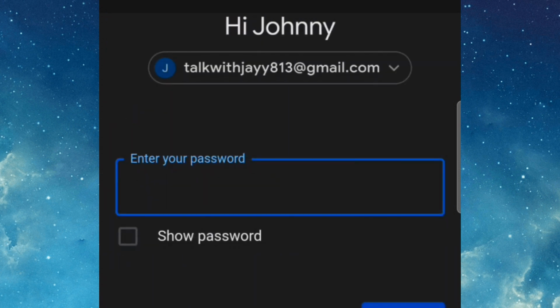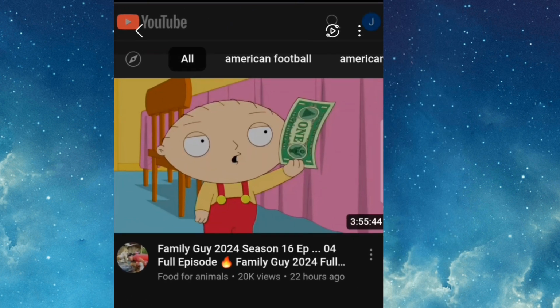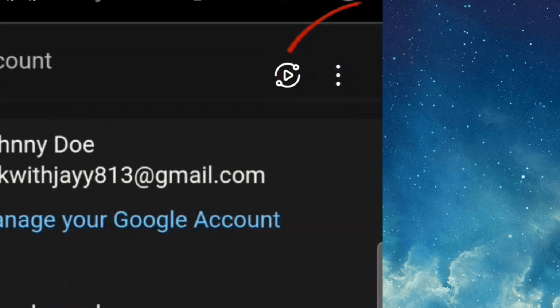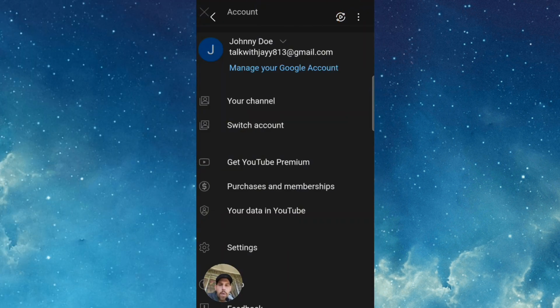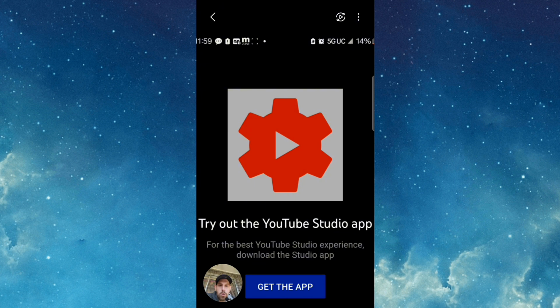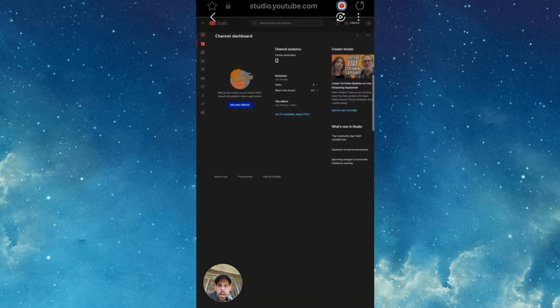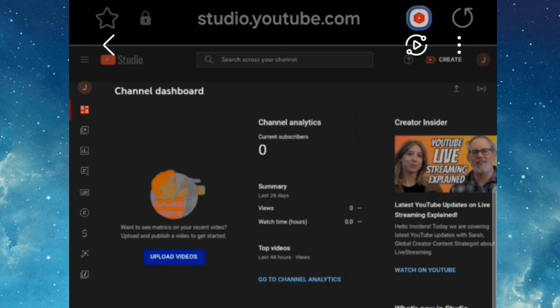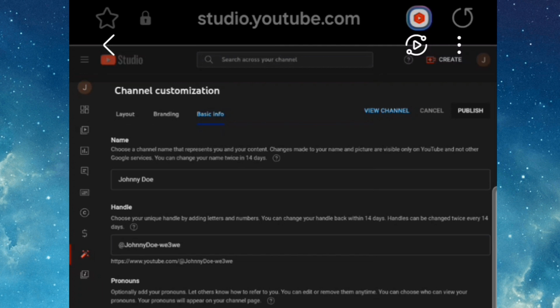All right, you want to enter the password. Once again, very self-explanatory. Now, when you go onto YouTube and you log into YouTube, see right up here in the top right corner, you actually click YouTube Studio, and this is where you're going to see everything that you need to know. You're going to be able to check out your analytics. You can see how many views you get. You can do everything, all your settings, and we're going to go over a couple of them right now.